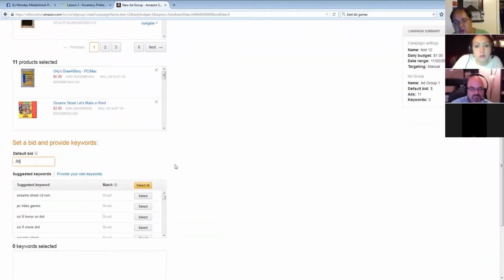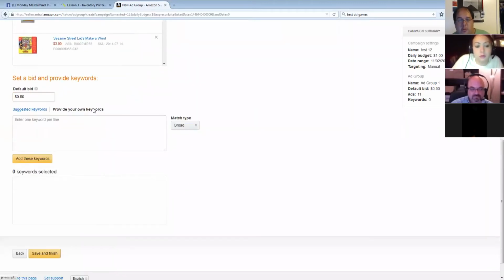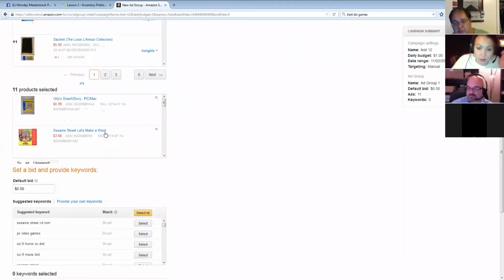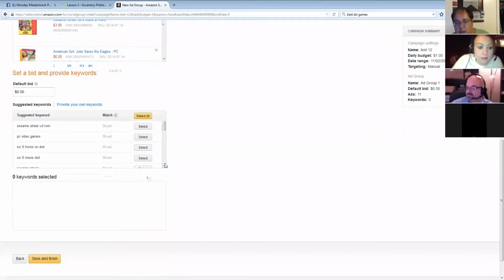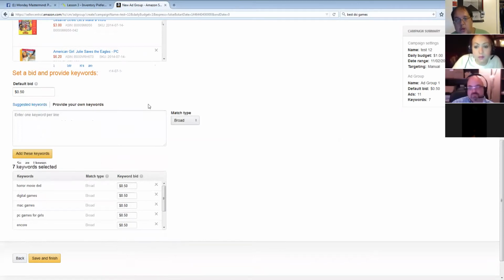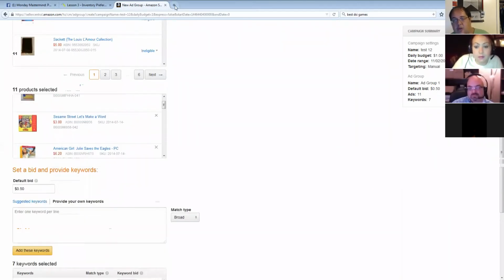And now it has suggested keywords. So you have two options: either provide your own keywords or suggested keywords based on the products that you selected. So you can scroll here and pick whichever ones you want, or you can select all, and it's going to put them down here in your keywords. So now what we do for finding keywords is